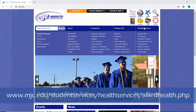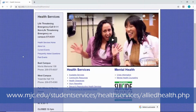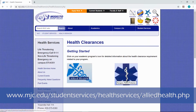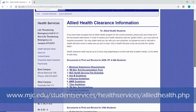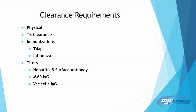All of the forms and information you need relating to your health clearance can be accessed online through the Health Services website. Simply follow this link or type the URL into your browser, and under the Health Clearances tab, select the icon of your program to access the needed documents and information. So here's an overview of your program's health clearance requirements. You need a physical, updated TB clearance, current flu and Tdap vaccinations, and titers for hepatitis B, measles, mumps, rubella,